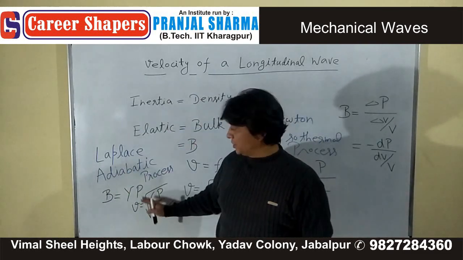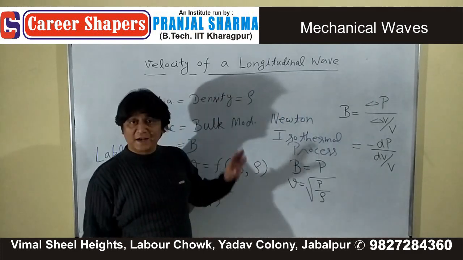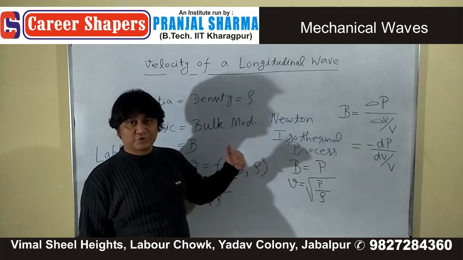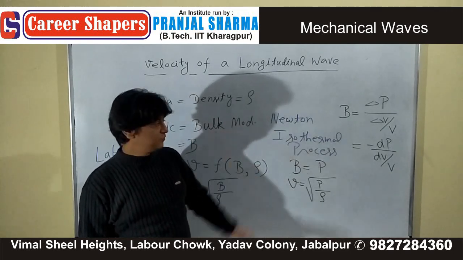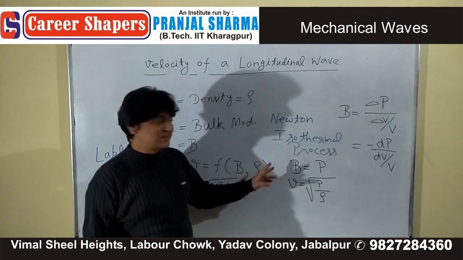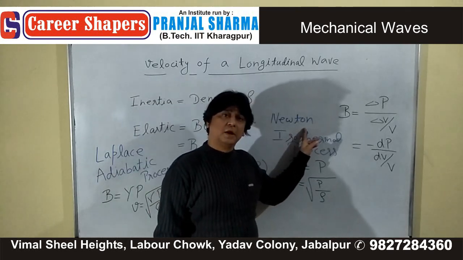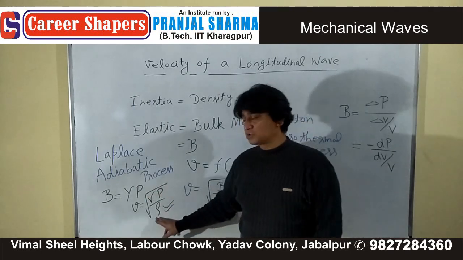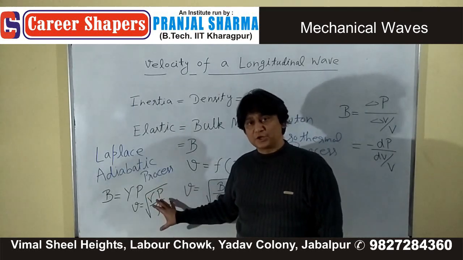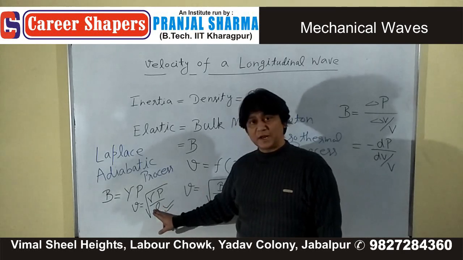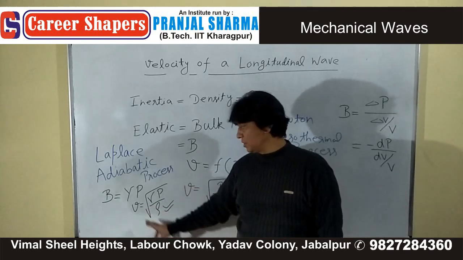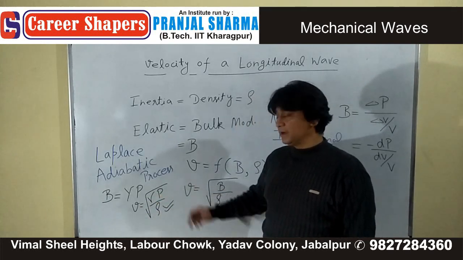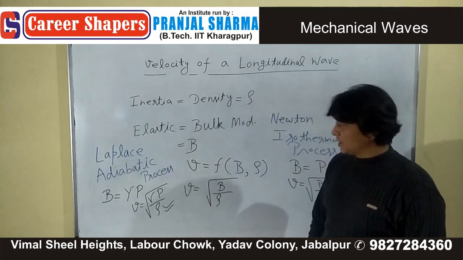The result which you get using Laplace correction perfectly matches up with the experimental data which we obtained for velocity of sound in air. Originally the whole thing was given by Newton, but Laplace corrected the whole thing, and therefore this is called Laplace correction. Remember, this is Laplace correction, which is the actual formula for velocity of sound, given by root over gamma P divided by rho. Now,